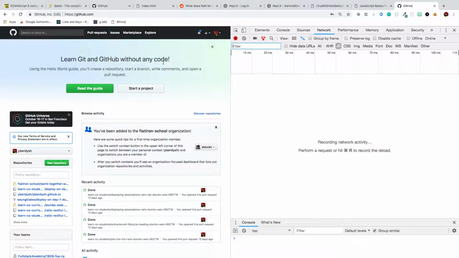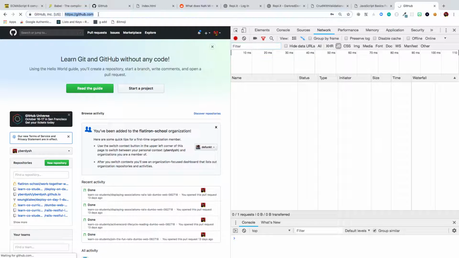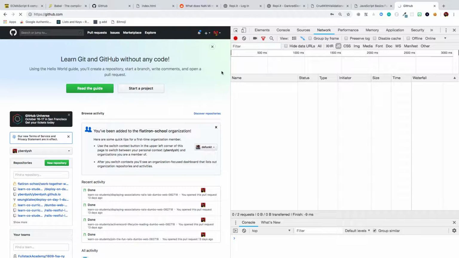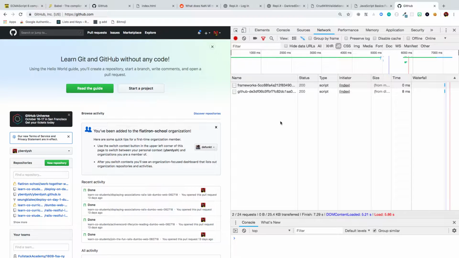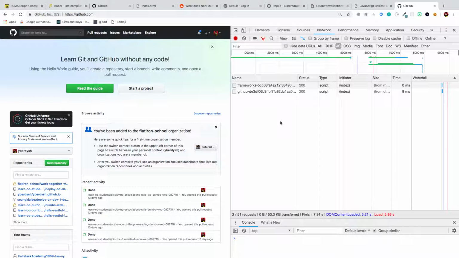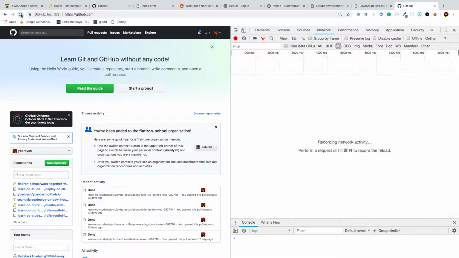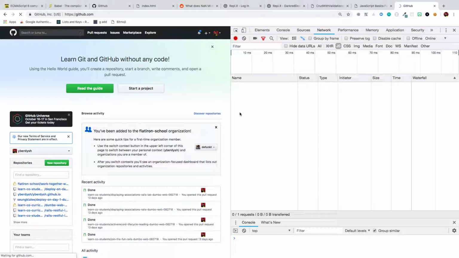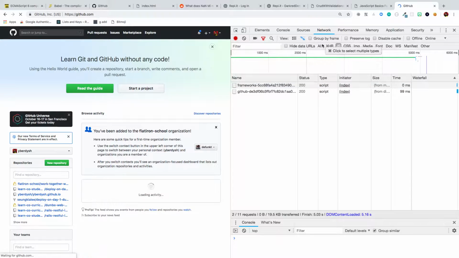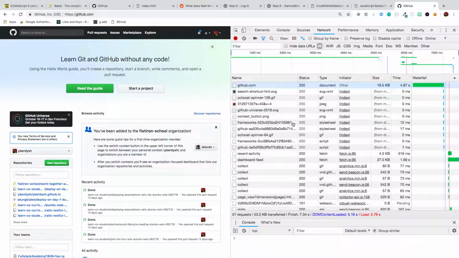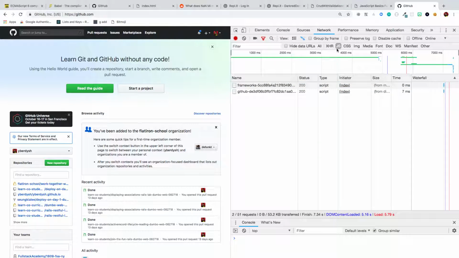If you go on your network tab and you're making a request to this site, you should see a bunch of things pop up here. There's a way to see all of them. I thought this was how you see all of them. But usually there's a lot of different requests coming in. Some are images, some are JSON, and oh yeah, there it is, under all. So there's a lot of other things going on in the background, and some of them are going to be JavaScript, which implies that JavaScript can be run in the browser.